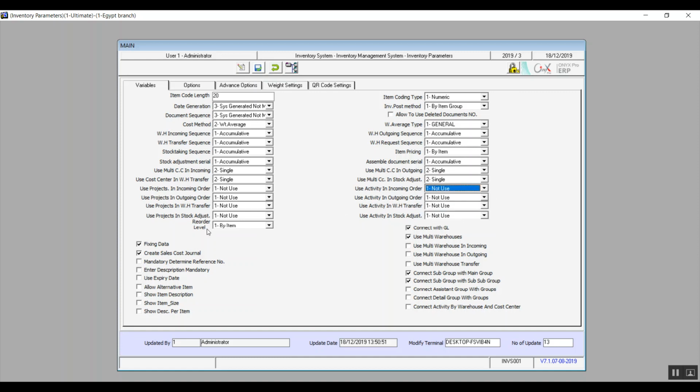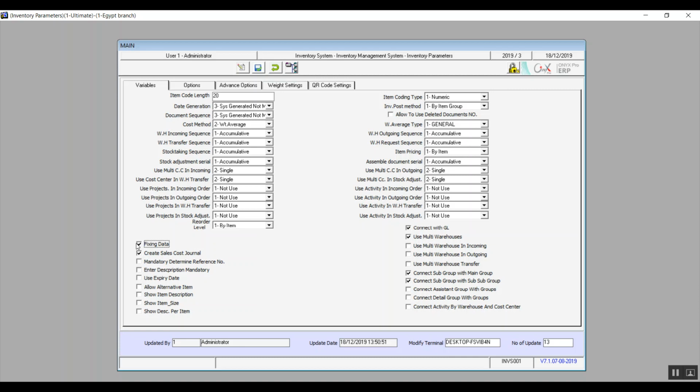Then we have the variable fixing data. If you activate this variable, then you can fix the main data in the transactions. To explain this point, let's say that you bring up the transaction screen and you place a new transaction. You will be asked to enter the main data, which is the date, the branch, and so on. You will enter that information and make the transaction. After you save that transaction, if you stay on the same screen and you add a new transaction, the system will fill in the main data. It will basically be automatic according to the fixed data on the previous transaction.